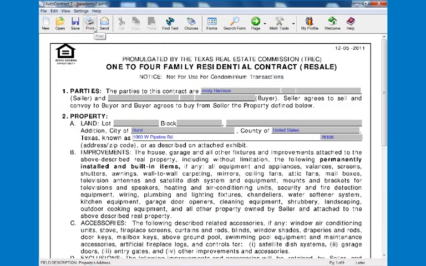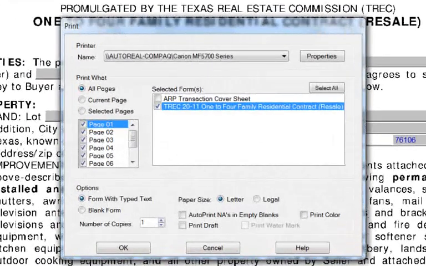Our print menu has a new look also. As you can see, the forms appear in the order in which I arranged them earlier. You can print all pages from each form, or the current page from the selected form, or select pages from a form. This is useful if you make changes to one page of the form and only need to reprint